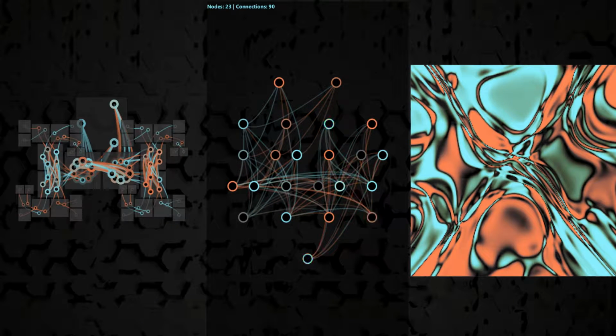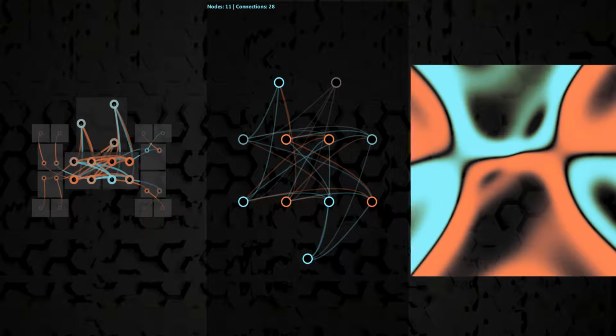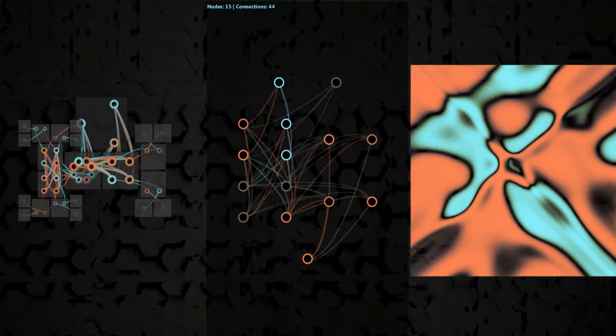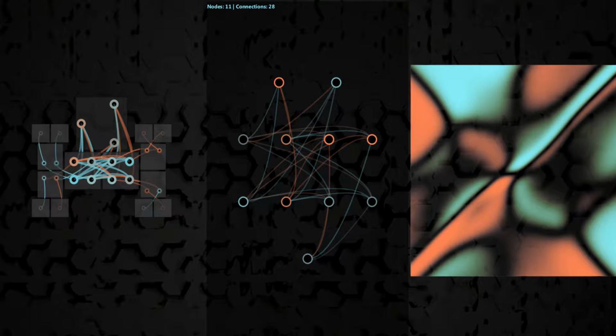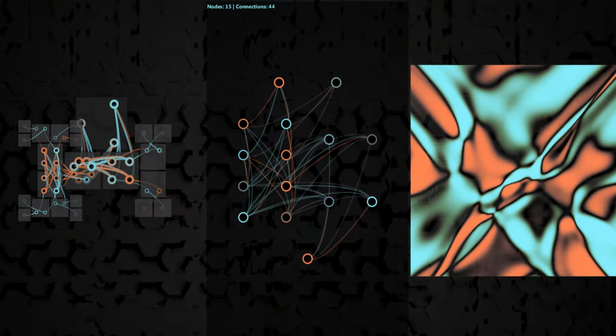So to make my life easier, I did this. Instead of using a random mutator like I did before, I designed one that generates a very particular type of genotype. One that produces pure feed-forward multi-layered networks. The randomness is now limited to number of layers, nodes per layer, and weights. So when the phenotype is generated, that's the thing in the middle by the way, I know exactly what's going